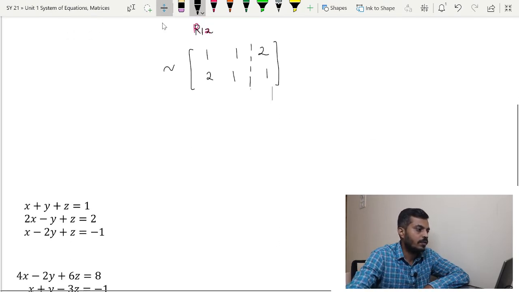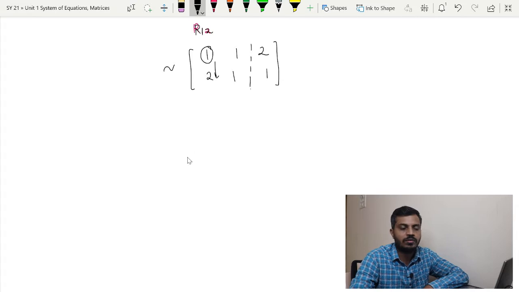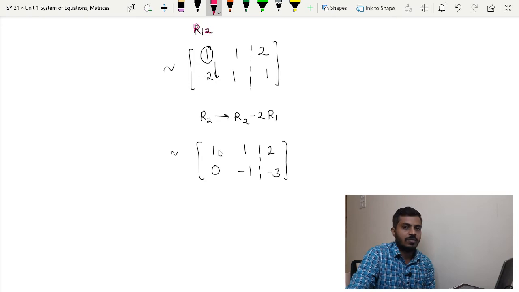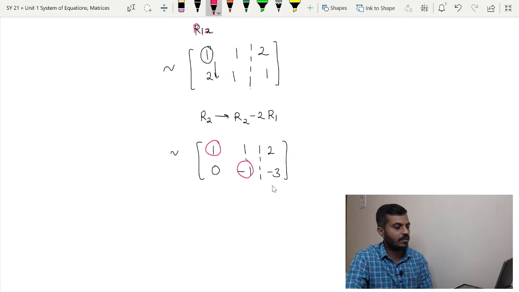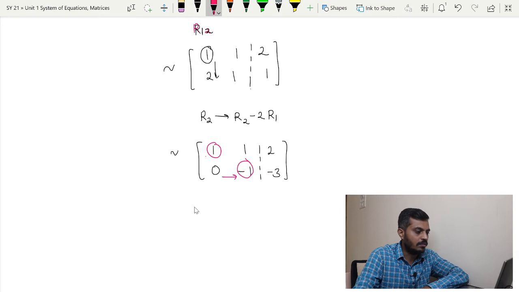Now with the help of this entry 1, we are going to make all the entries below it 0. So the operation that we are going to perform is, now once we perform the operation, again we will circle the leading coefficients, and we can see that our second condition of echelon form is also satisfied, because the leading coefficient of the second row is on the right hand side of this leading coefficient. Thus it is in echelon form, so we can write down the rank. Therefore rank of A in this case is,